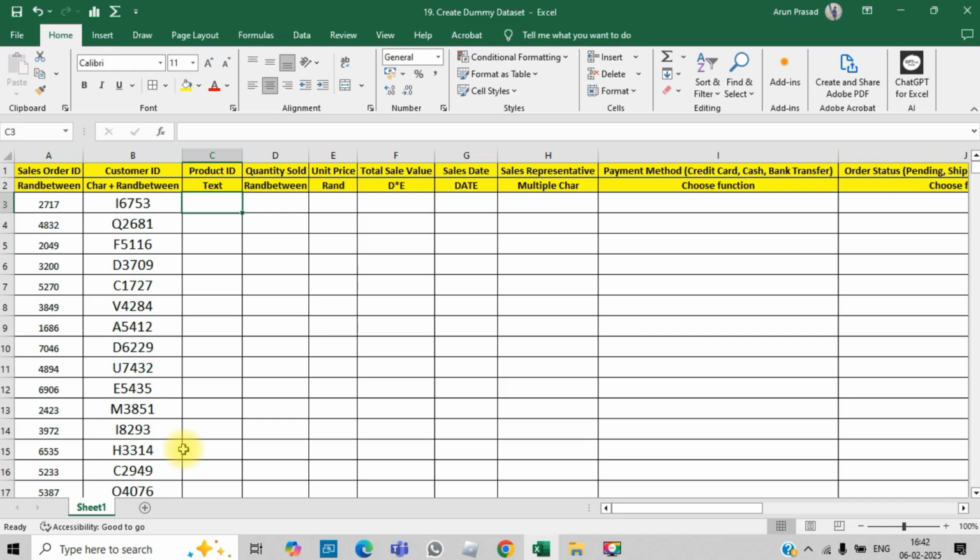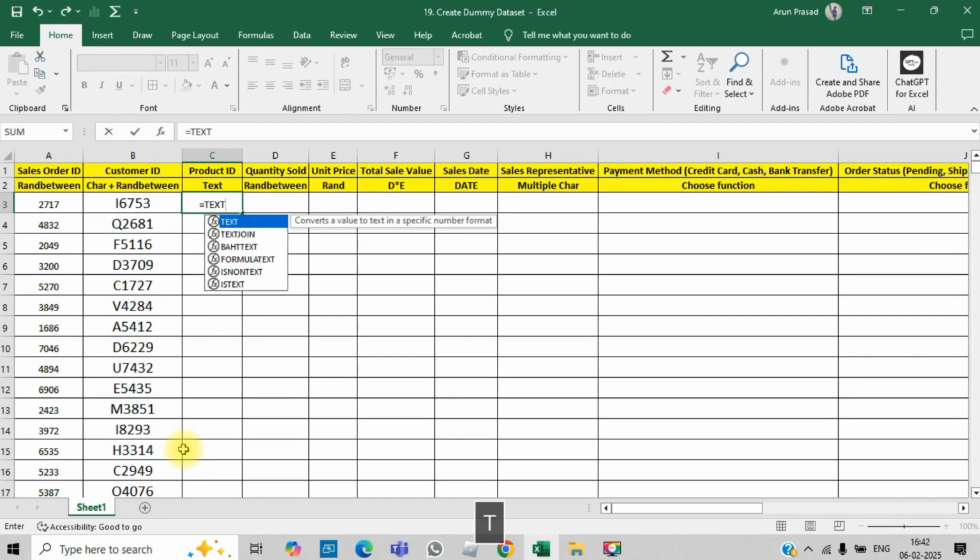Now for product ID, let's say I want to keep the letter constant. A, B, C, whatever it is, the first letter should be constant, and the remaining 3 digits I want to be numeric, alphanumeric, but the first letter is constant. So I can use the function called TEXT, and again I put RANDBETWEEN